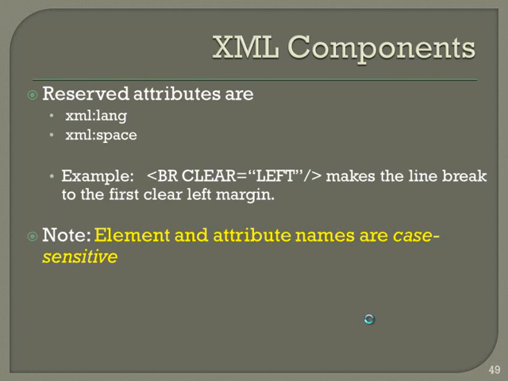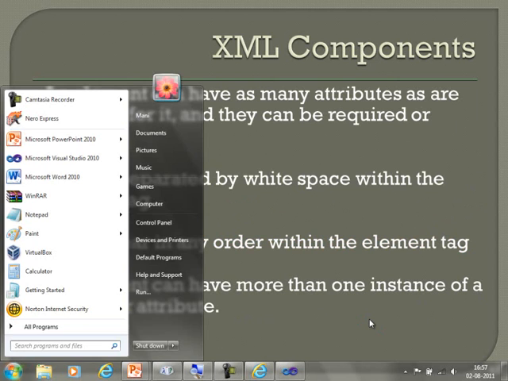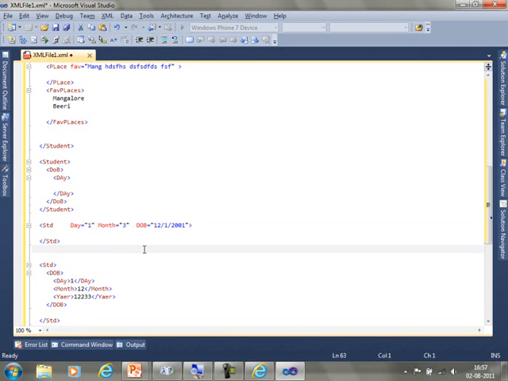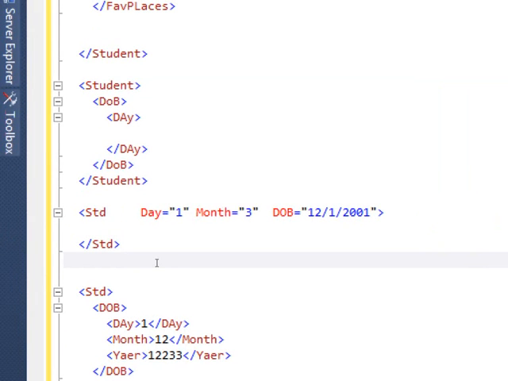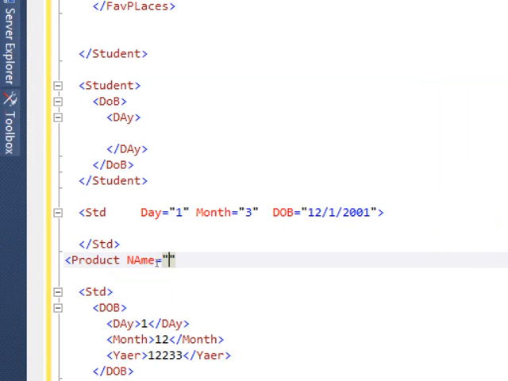Okay. Let me come back to the place where we were. I'll just complete this and we'll finish it off. You've already seen that you can have any number of attributes. You can go on creating any number of attributes.